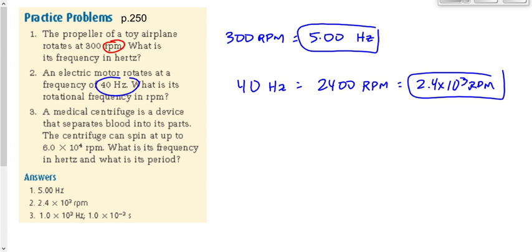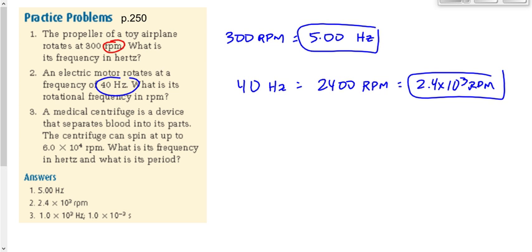A centrifuge is anything really that spins around. And a lot of times what a centrifuge is designed to do is to separate things. The more inertia something has, the more likely it is to go to the outside of the circle. So in other words, the heavier something is, the more likely it is to go to the outside of the